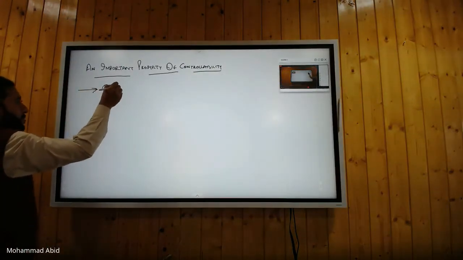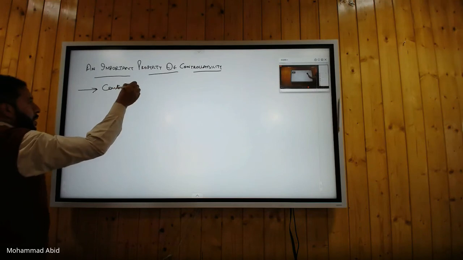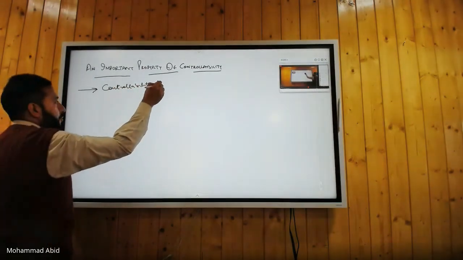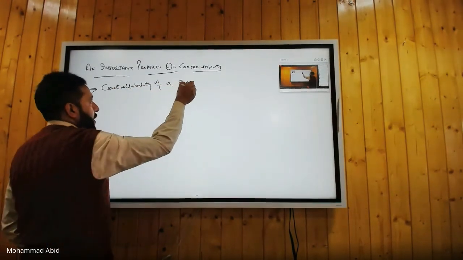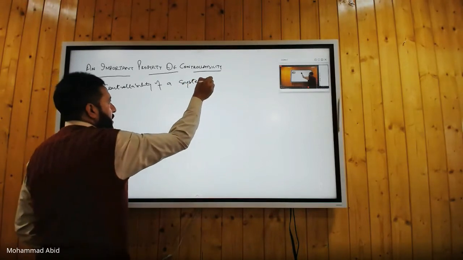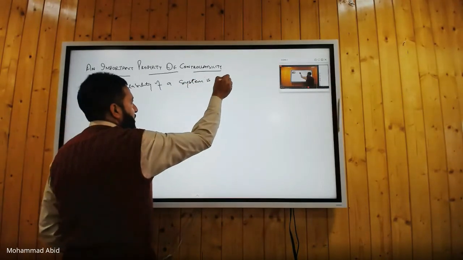Property goes like this: controllability of a system is invariant